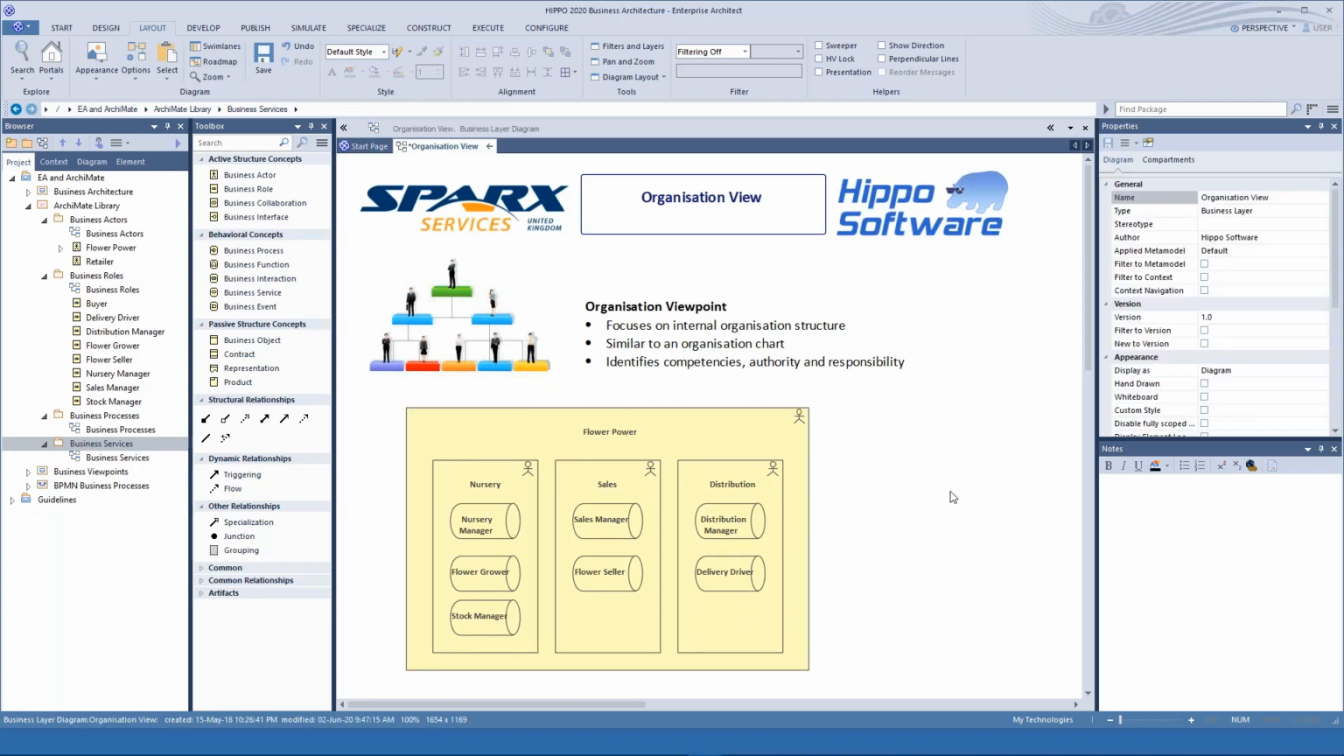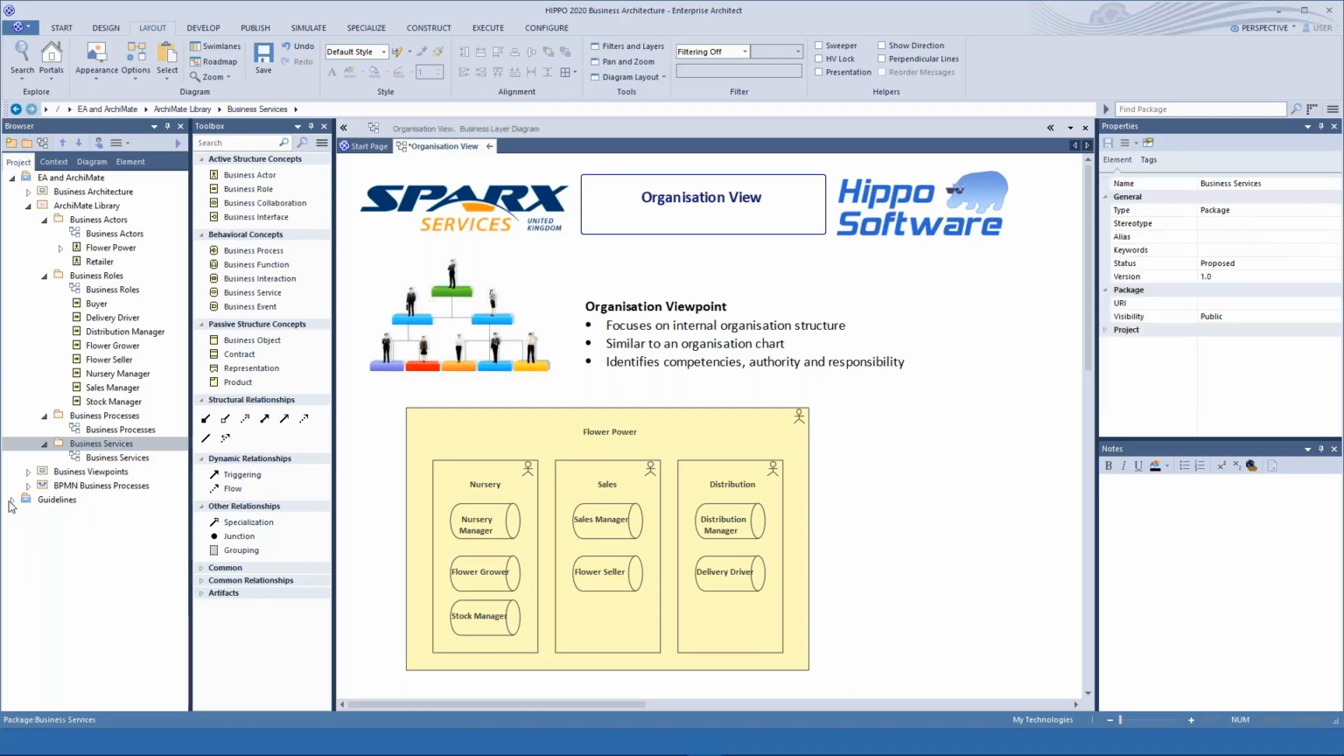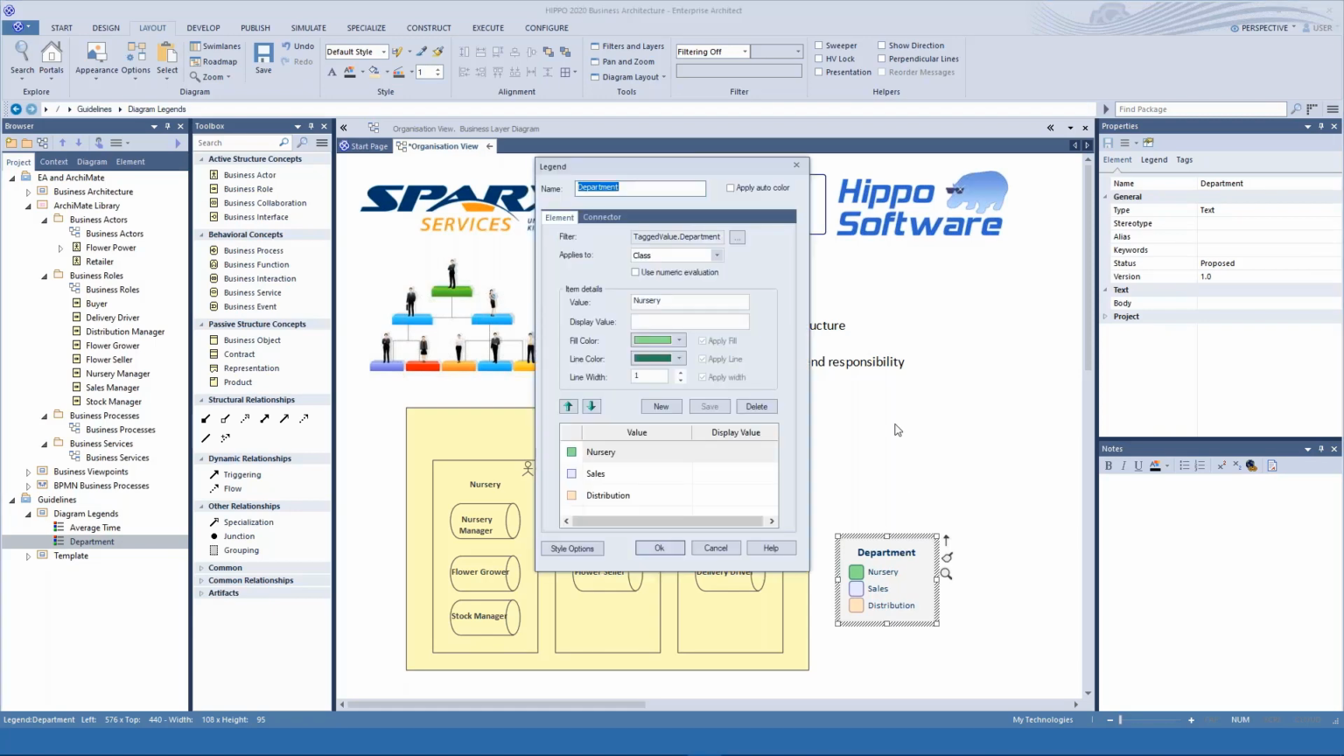organisation view. To make this diagram even more intuitive and appealing, the business architects add a diagram legend to the organisation view, to colour code the department based on the department tagged value and to apply an appropriate colour to each of the different departments. So they click the Apply Auto Colour button at the top of the dialog, and this applies